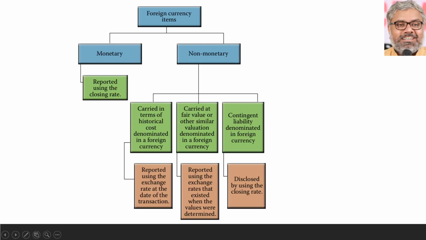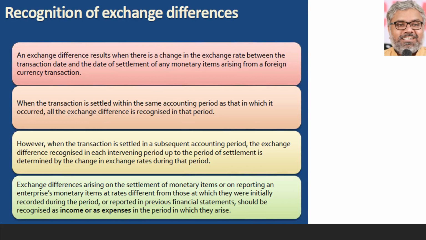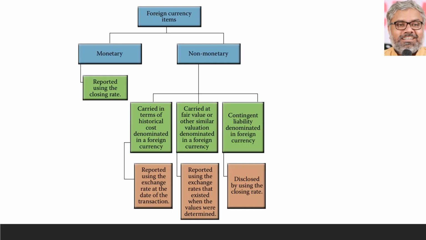This is the reporting of financial items which have been incurred or entered into as transactions during the year in foreign currency, and how to report them at the end of the period. We have discussed this in the earlier session in detail. And when we talk about monetary items particularly, because there will be a difference between the rate which prevailed on the date of transaction and the closing rate prevailing on the date of preparation of the balance sheet or closure of the books of accounts, how to treat that difference.